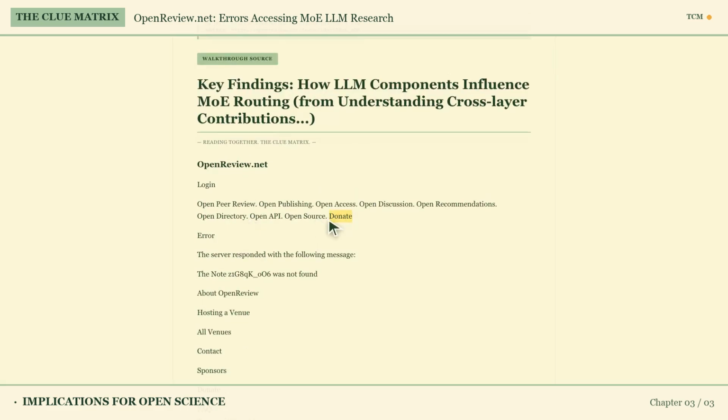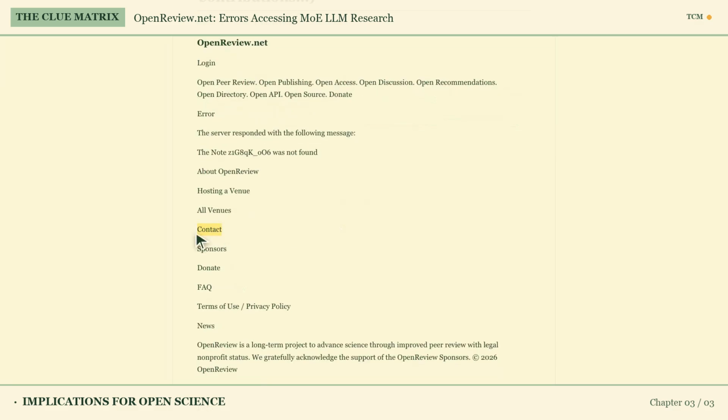Open Review is a nonprofit supported by donate campaigns and sponsors. Does the academic community who benefits from this platform have a collective responsibility in helping diagnose or mitigate these persistent technical issues? The page does provide a contact link and FAQ, implying pathways for engagement. Active reporting by users along with constructive community feedback is truly crucial for open platforms to identify and resolve these ongoing glitches.